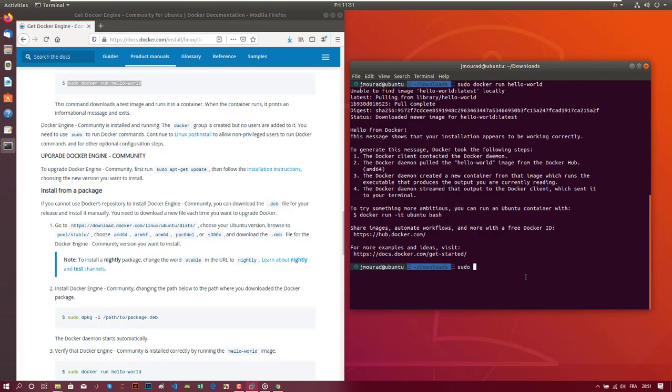To see the Docker version, just type sudo docker -v. To see the images, type sudo docker images. We have here just one image, the hello world,